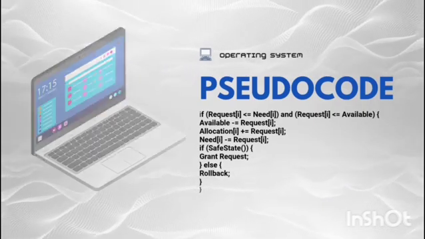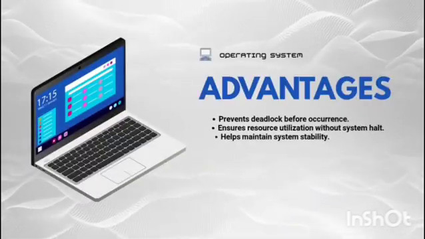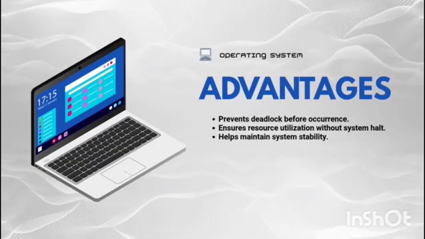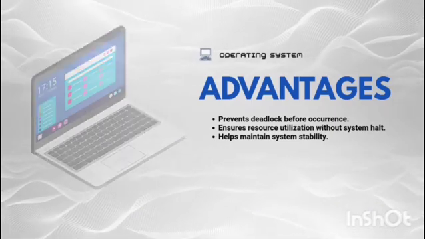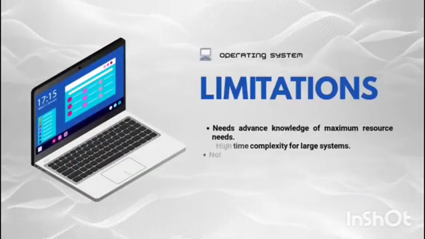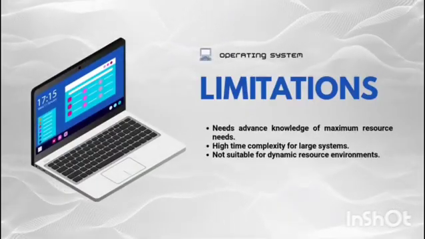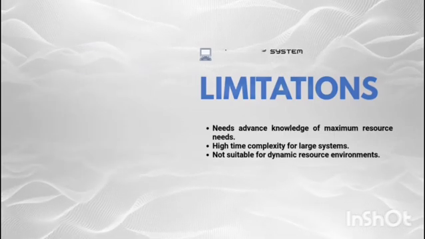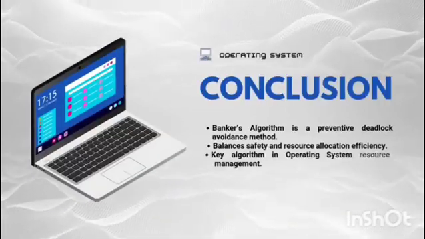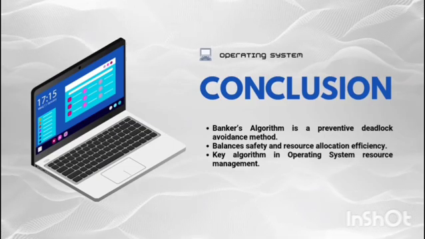Although the banker's algorithm efficiently prevents deadlock and ensures safe resource utilization, it has a few limitations. It requires prior knowledge of system resource needs and becomes complex for large dynamic systems. In conclusion, the banker's algorithm helps the operating system balance safety and resource allocation efficiently, keeping the system stable and